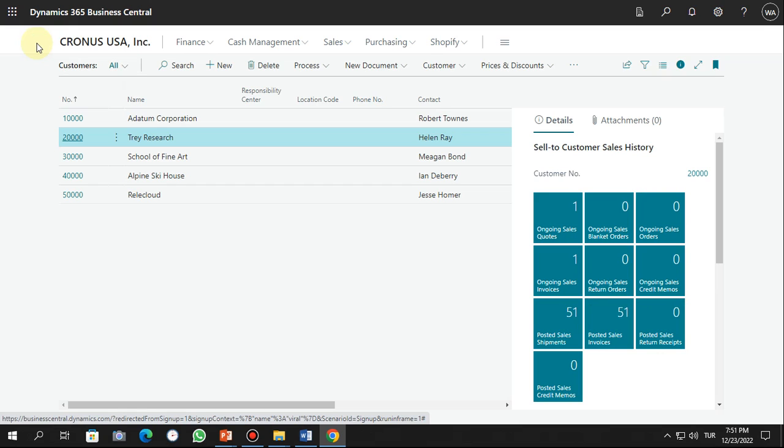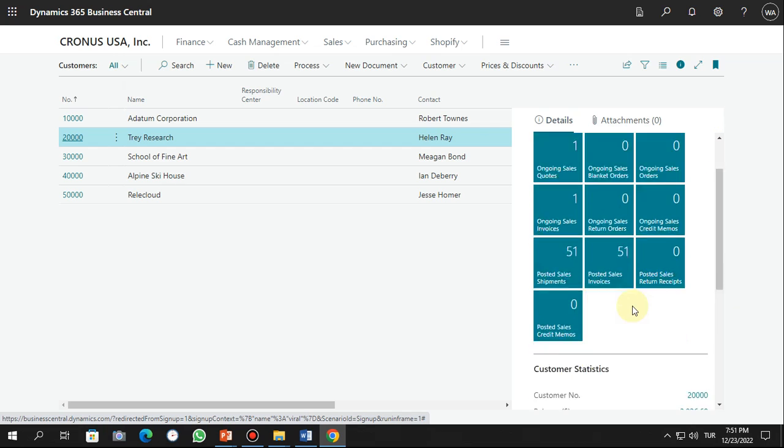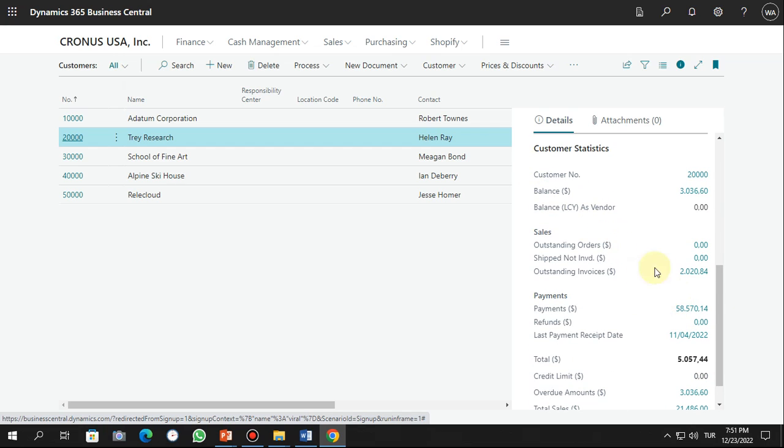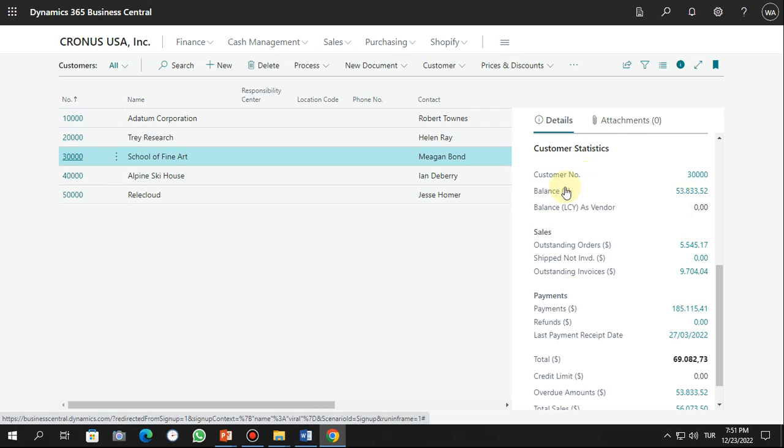Another thing that I want to explain is the fact box, how this works. So let's take one customer, for example, in this case, this customer. So you can see here that you have the calculated data that we call in Business Central the fact box. So I am in this customer. If I move to another customer, for example, you can see that the data change. So I can check here what is the balance for this customer, and what was the